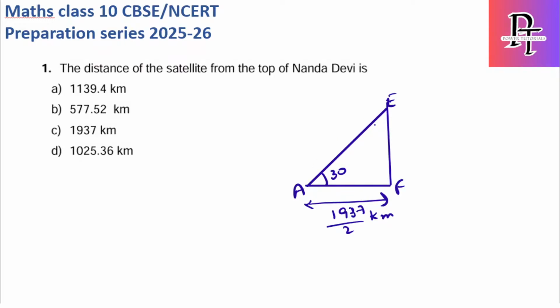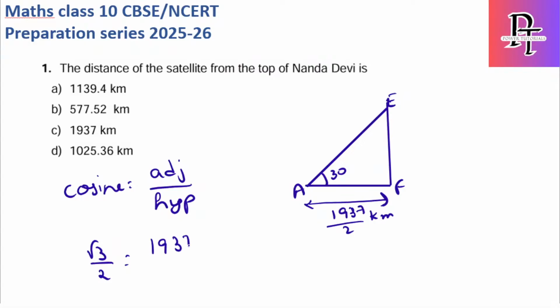Now they're asking AE. If you remember all our trigonometry ratios, what we have is horizontal and we want hypotenuse. So for this I will use cosine angle. What is cosine angle? Cosine angle is adjacent by hypotenuse. I'll use this because I know the adjacent side, I want the hypotenuse, and I know the angle. So simple. Cos 30, which is root 3 by 2, is equal to adjacent, which is 1937 by 2, over the distance AE. Let it be AE here. Okay, so 2 gets cancelled out. Now I will get the AE value as